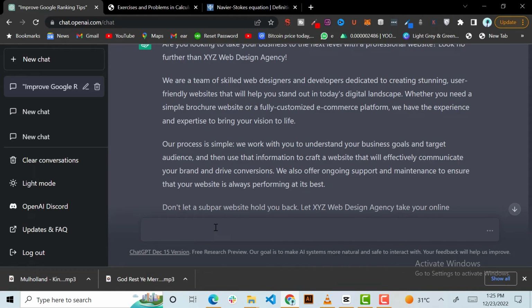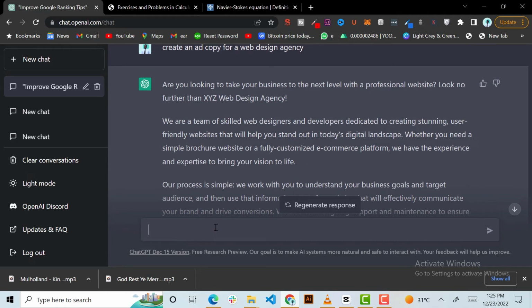So it uses the principles of delight, engage, and convert. It starts with an introduction. Are you looking to take your business to the next level with a professional website? Look no further than XY Web Design Agency. We are a team of skilled web designers and developers dedicated to creating stunning, user-friendly websites that will help you stand out in today's digital landscape. Whether you need a simple brochure website or a fully customized e-commerce platform, we've got the experience and expertise to bring you